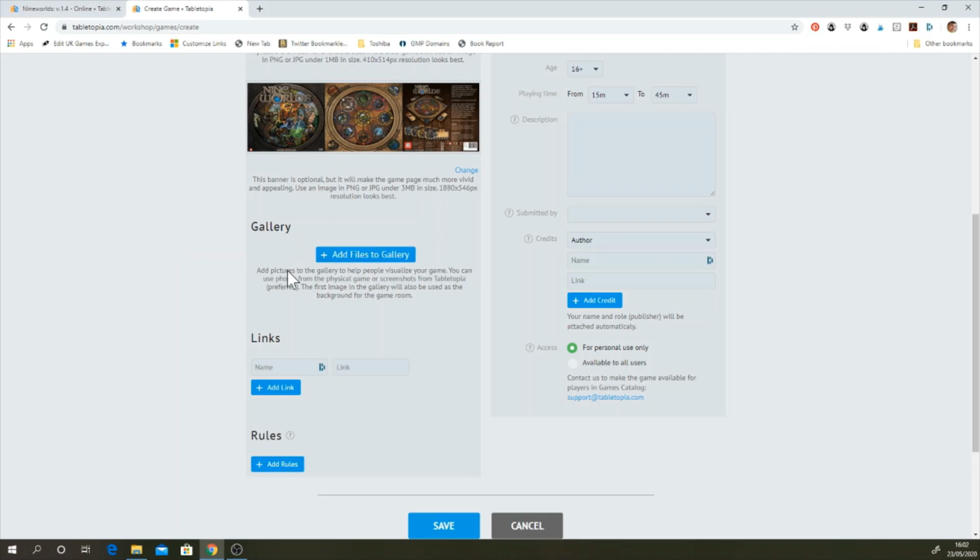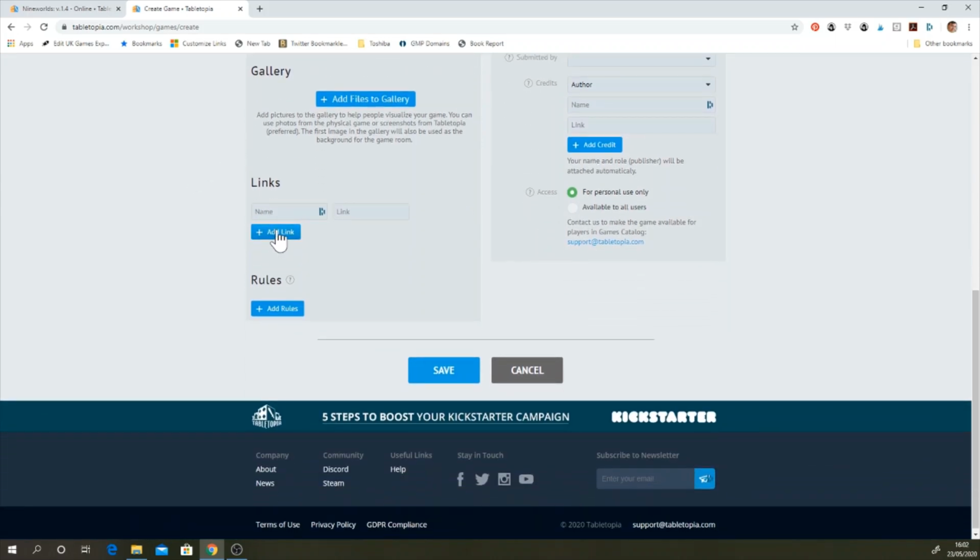This gallery underneath here is meant to be snapshots of the game in play. So once you've actually designed the game, you can take screenshots and bring those screenshots in to give people an idea about what the game would actually look like when they're playing it. You can add links here,